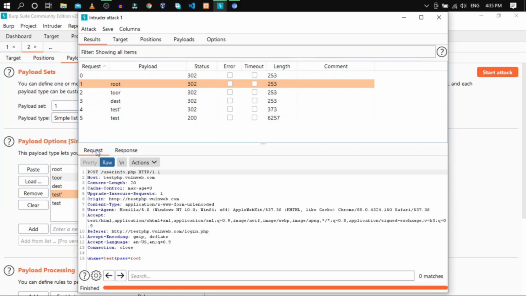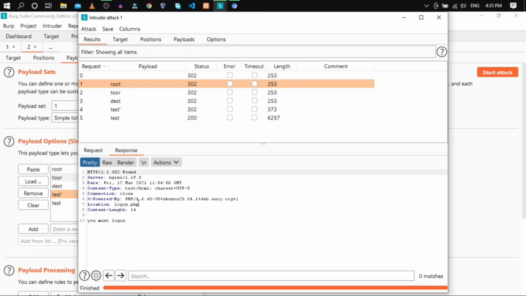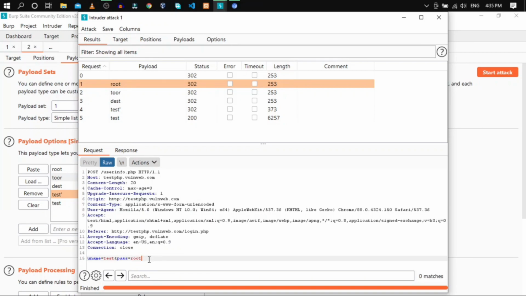what it basically means is, request means what did you send to the login form. As you can see, this is the username and this is the password that we tried. And in the response column, as you can see, the response that we got is "you must log in", meaning these credentials are not correct. So here the trick is you will have to hunt for a different length, and in our case we have a different length